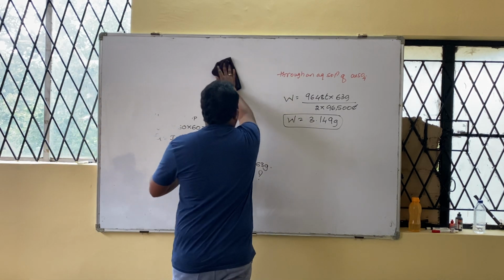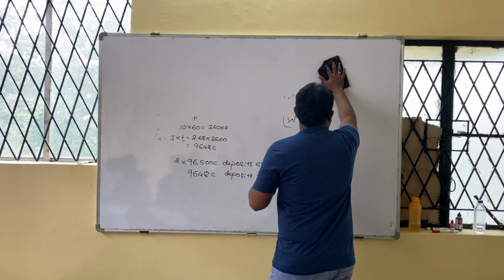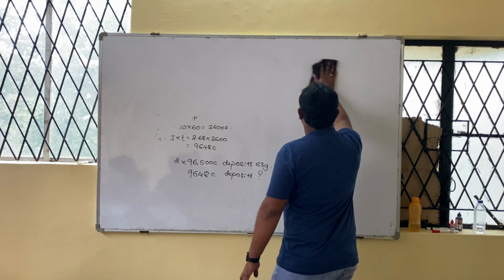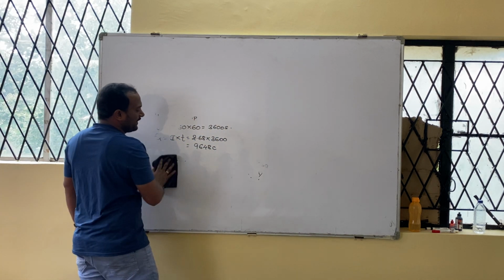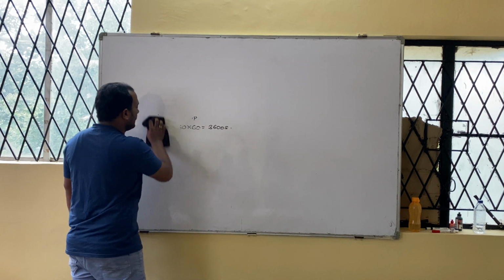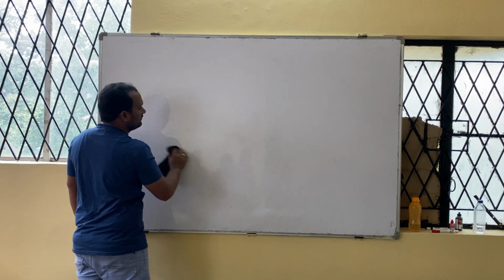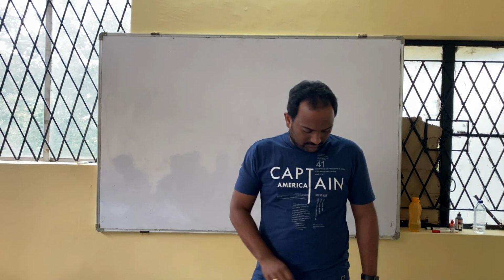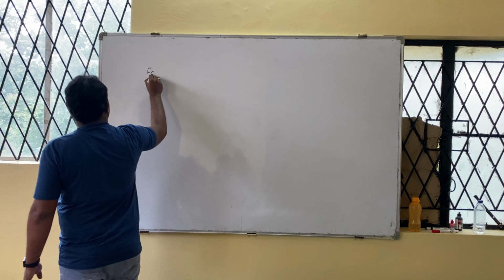A very important law to be given. It was Faraday's first law. Any doubts and difficulties with respect to Faraday's first law now? Almost 2 types of numericals: how much Faraday required, how much gram is deposited. Correct? So both the numericals are done. 3 numericals on either side, 2 numericals on this side. I hope difficulties are not there. Now side heading you write. Which law? Faraday's second law. There are no numericals, only statement.